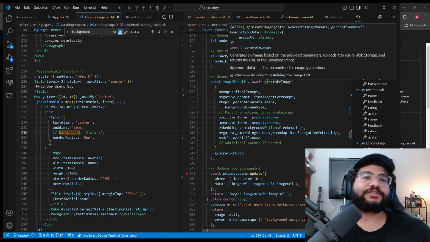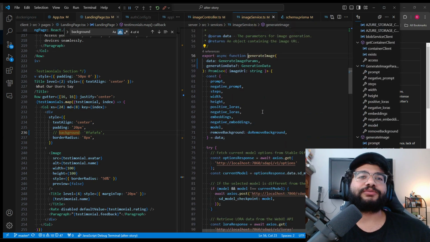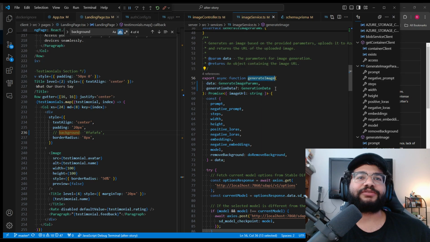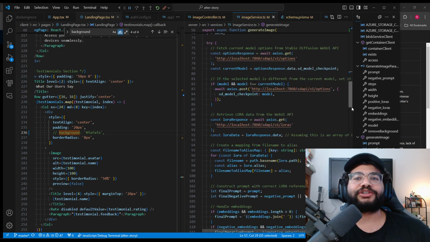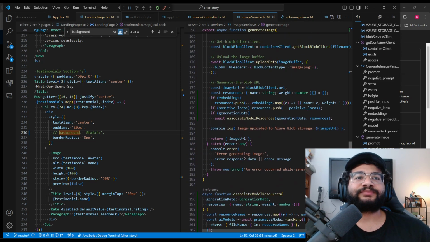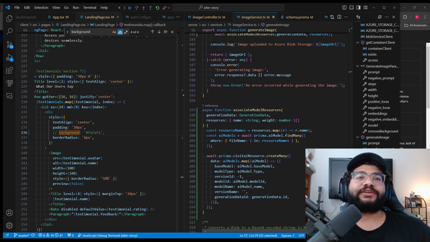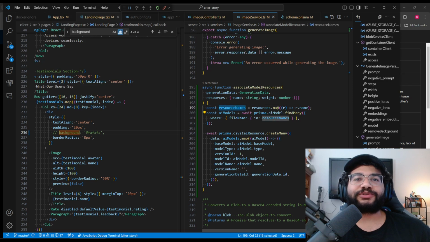I recently made an edit to my base generate image function to include generation data being added. Right here, I go through all the resources used to keep tabs of all of them and the name, and every resource has a weight associated to it.